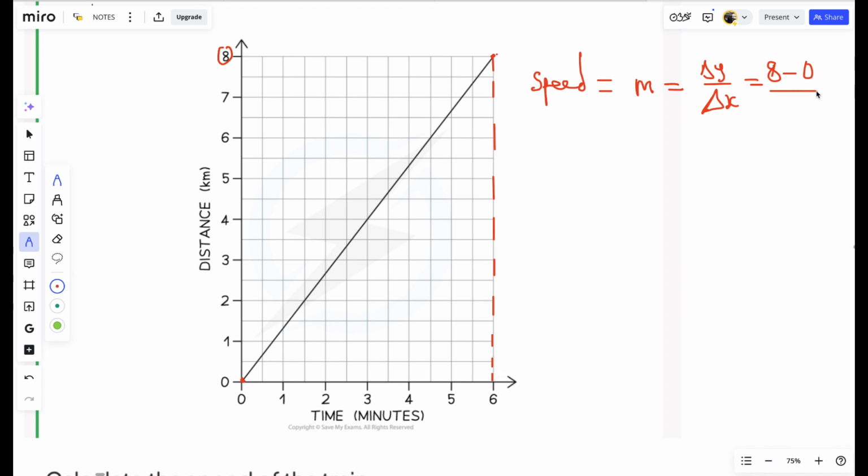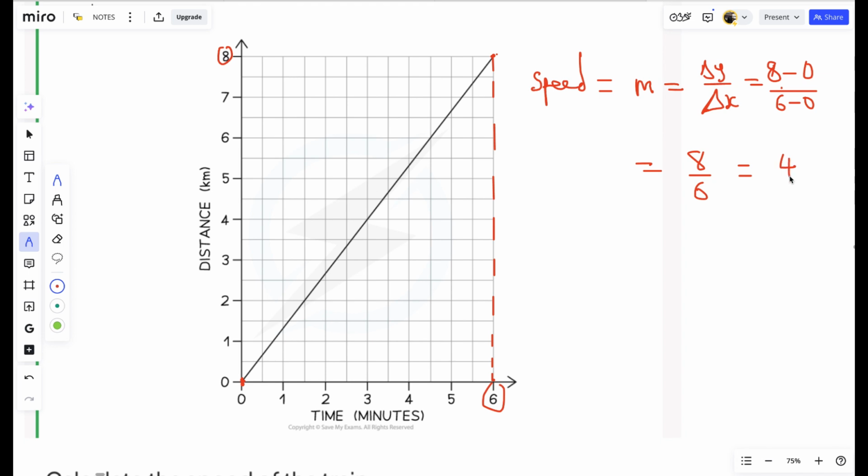in x side. We have 6 as the highest point here. If you trace this point down, it's 6 on the x-axis, and if you trace this point here, it is 0. So all over 6 minus 0. So our speed, which is our gradient, will be equal to 8 over 6. 8 divided by 6. In decimal,